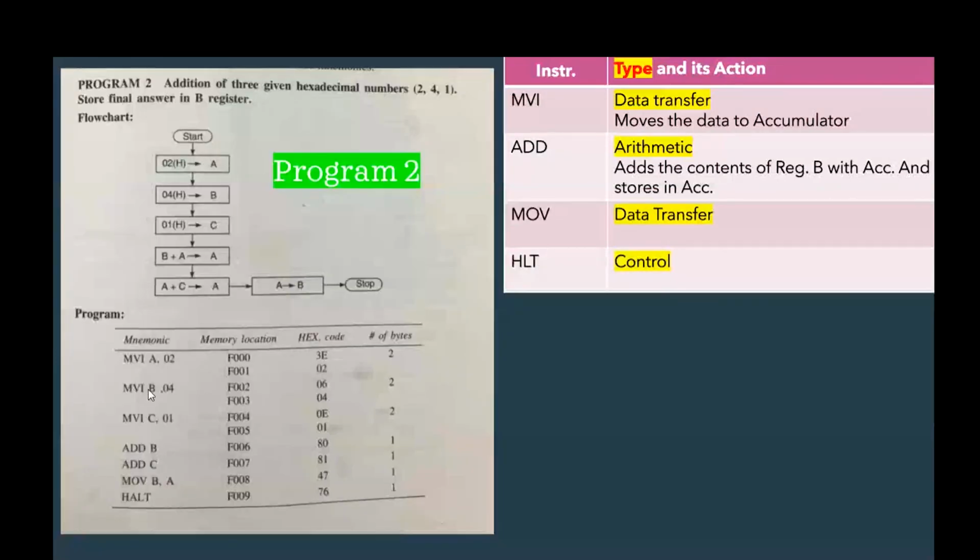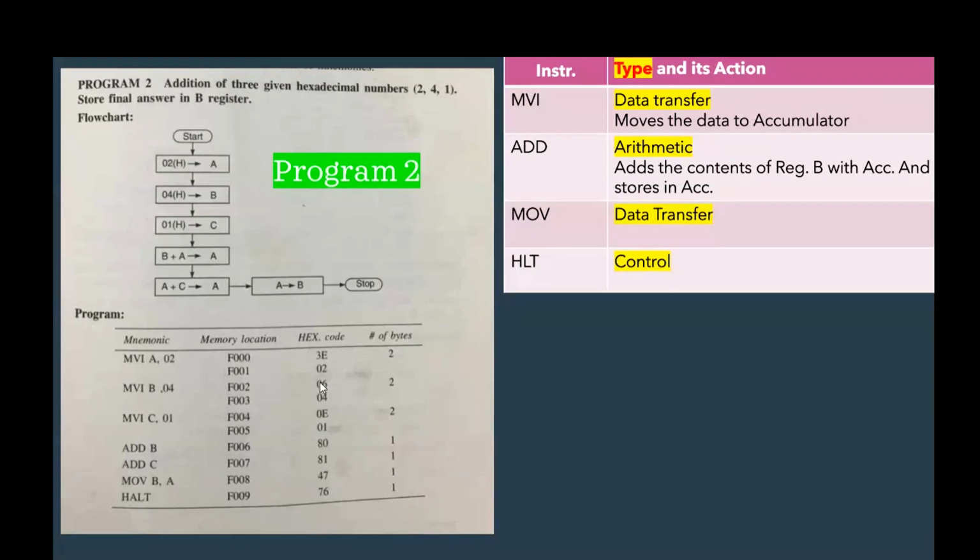What I mean is that MVI C occupies 1 byte and this 01 occupies the other byte. That is the reason it's a 2-byte instruction. Now, why is this 01 1 byte? Because 0 is represented by 4 bits, 1 is represented by 4 bits. Here again 0 is 4 bits and this 4 is 4 bits, so the 04 is 1 byte. To represent MVI B, the hexadecimal code is 06. MVI A is 3E. As you do the program, you will remember all the hexadecimal codes. So MVI A is 3E, MVI B is 06, MVI C is 0E, and 02, 04, 01 you write below that.